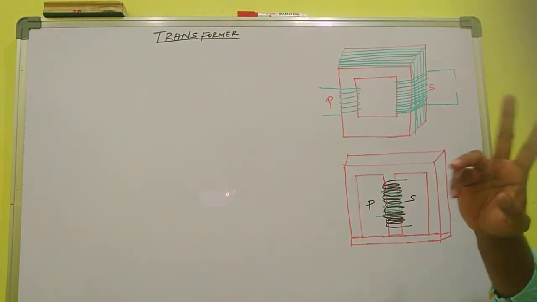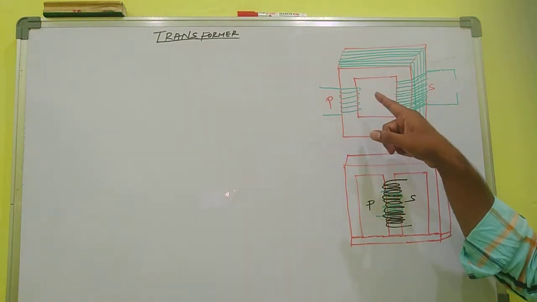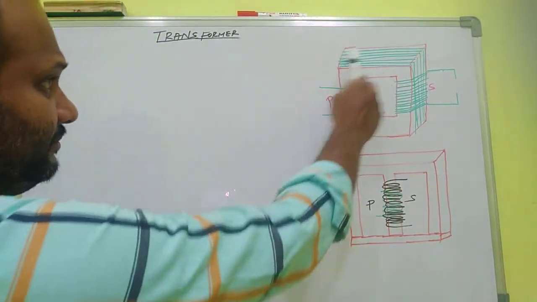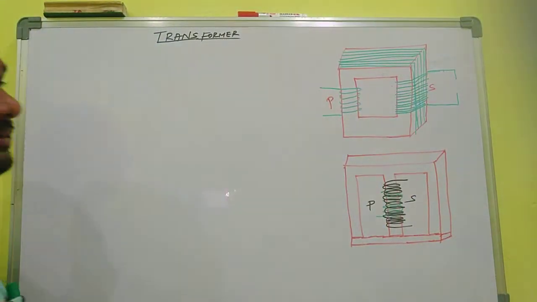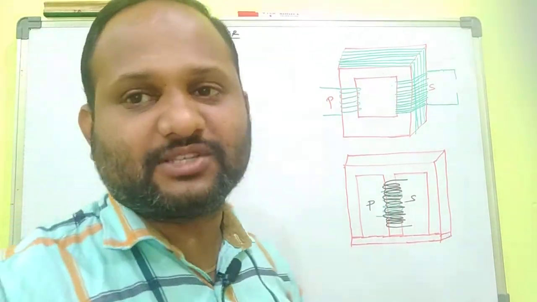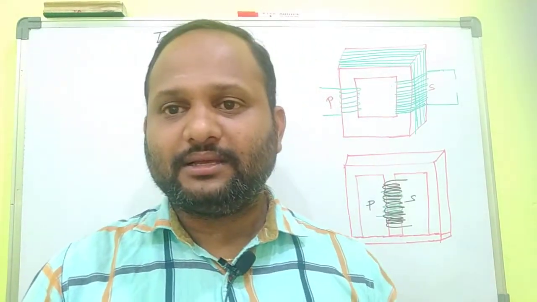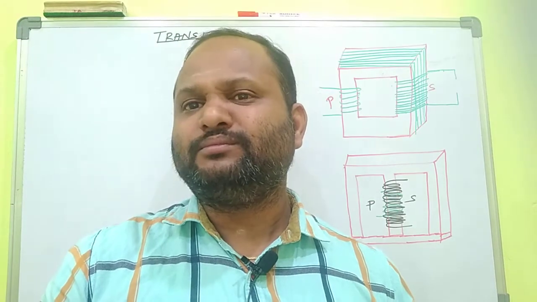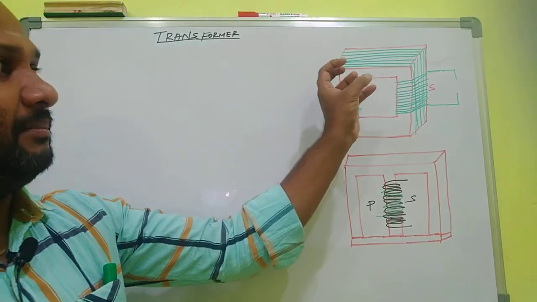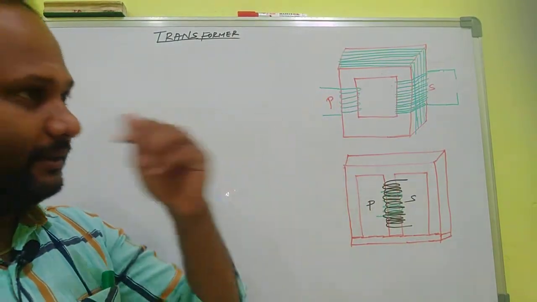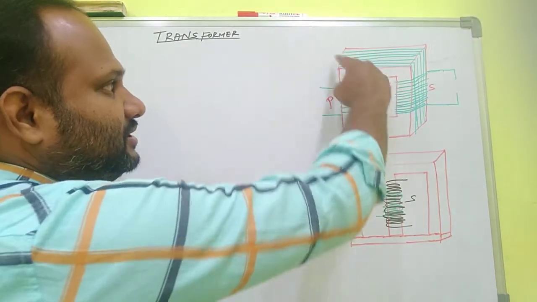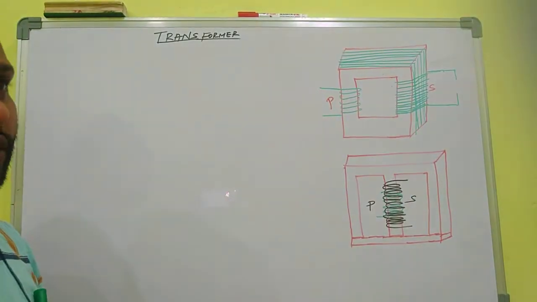There are two coils winding on a frame. That is the structure of the transformer here. This is a frame. This frame is made up of a strong ferromagnetic material in order to prevent the leakage of the magnetic flux. So only we are selecting perfect ferromagnetic material. The central part is the core. The frame is made up of ferromagnetic material.